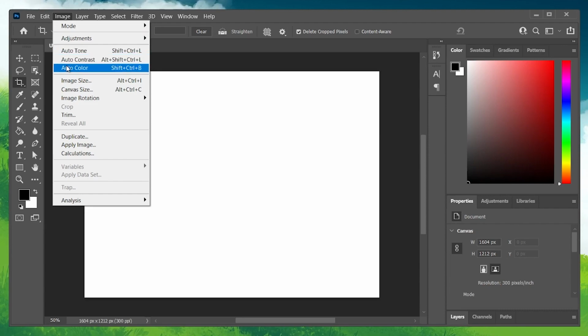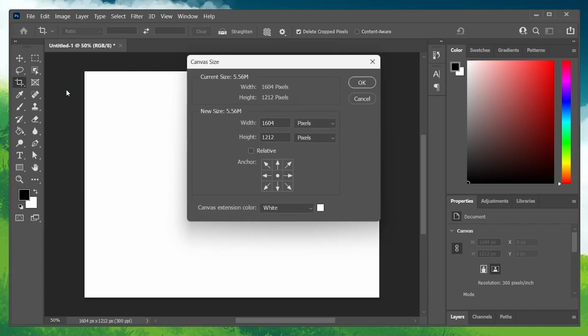and click on Canvas Size from the drop-down menu. On the pop-up window, you have the option to change the width and height of your canvas size as well